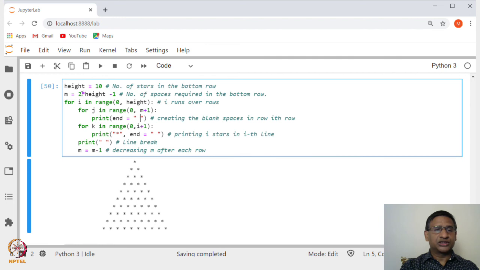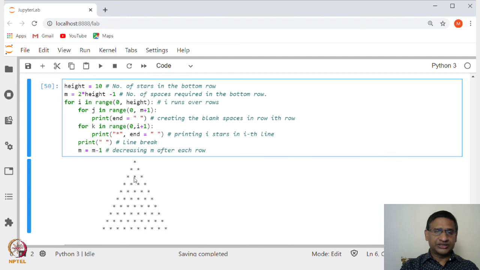So, this is 20 minus 1, 19, 19 plus 1, that is 20. And then the next loop is where you are printing stars, with k varying between 0 to i plus 1.